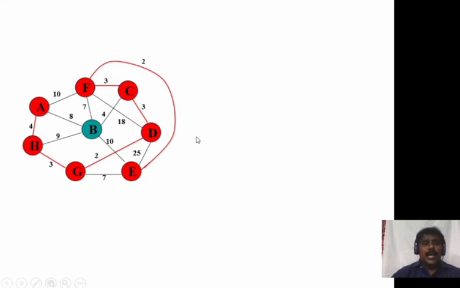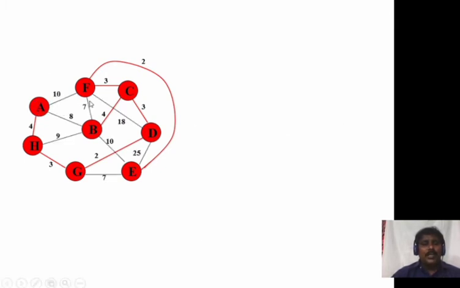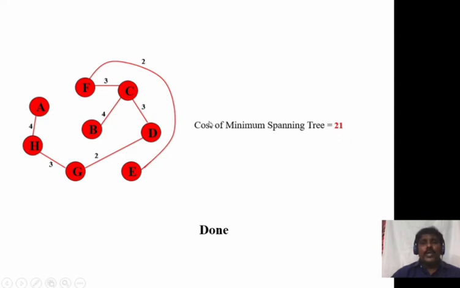So here, this is a diagram. I have taken all the least weights. Here, one weight I have taken, and I have not considered this. So now we can easily do the problem. This is the Prim's algorithm problem. By taking the least weight, we have to consider all the values. We can see the adjacent values and we can take the edges as shown in the figure. So this is the problem on Prim's algorithm, and we can easily find the cost of a minimum spanning tree. That is, we have to add all these values, and by adding these values, we can get a total of 21. So the cost of a minimum spanning tree is 21.